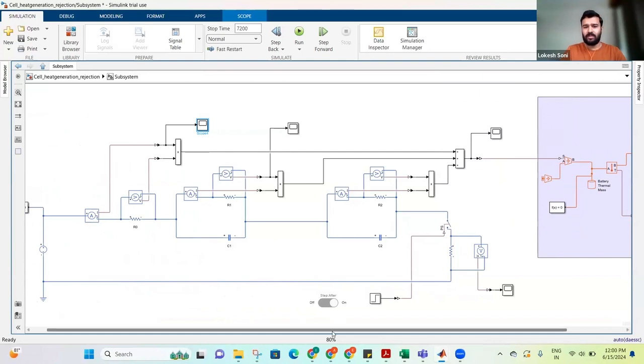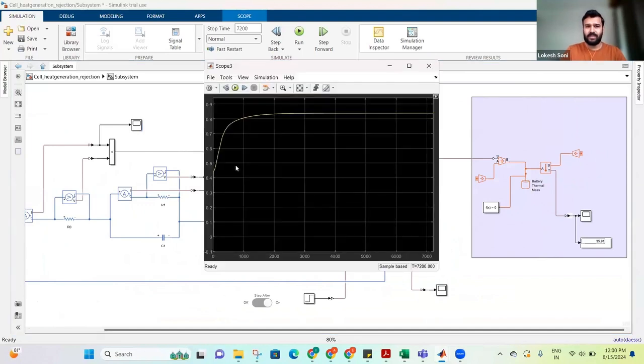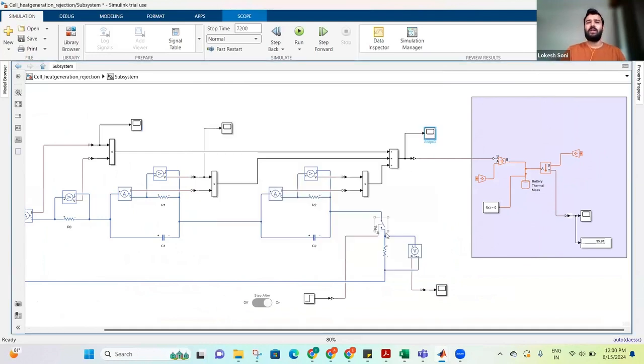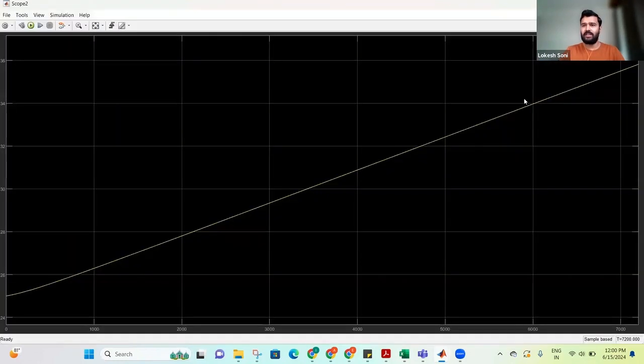What is the total power loss during this discharge? It's around 0.85 watt. So 0.85 watt is the power loss when we discharge a single cell at 0.8 C. And as we just saw, the temperature rose from the 25 degree initial temperature to 36 degrees centigrade in 2 hours. Okay, now